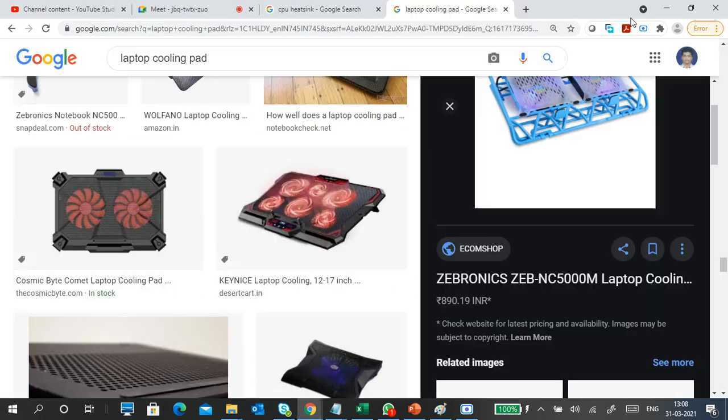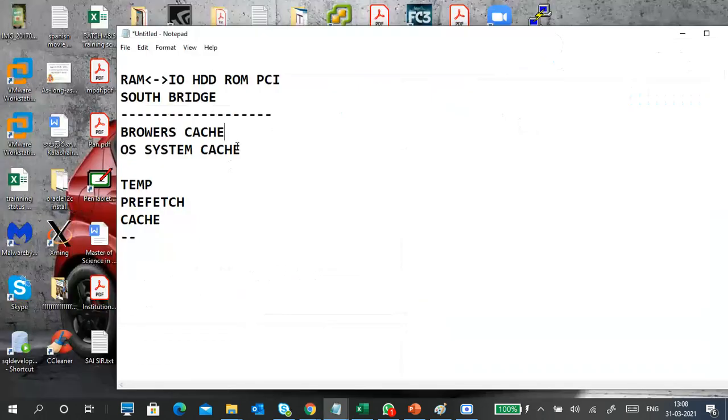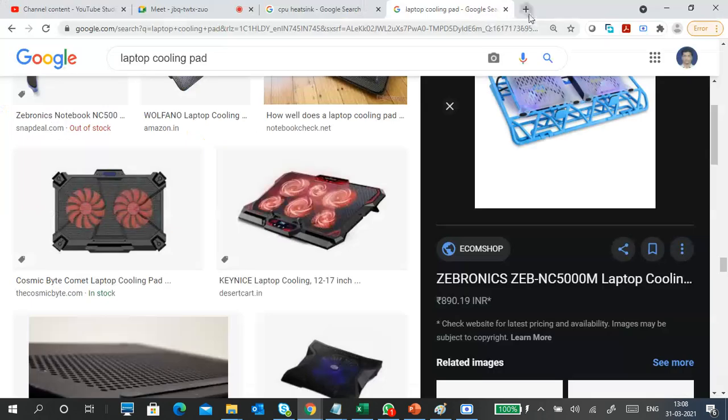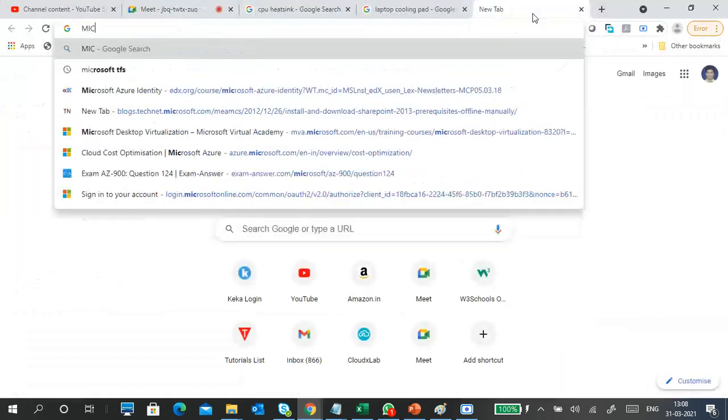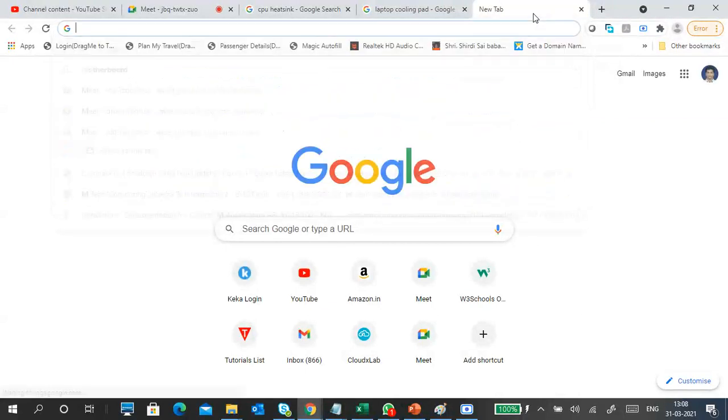What is this cache, browser cache and all? So this cache will store cookies, and the cache usually stores your recent searches. Like I open a website, for example microsoft.com, or otherwise I will open facebook.com. This is the best example, because Facebook has so many things.